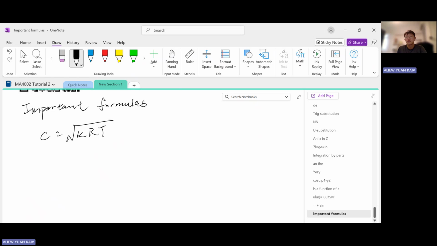Sound travels through any medium, whether it's solid, liquid, or gas, and it has a certain speed. It is derived theoretically to be c equals the square root of kRT. There's a whole derivation in the full lecture, but we will not go through that. What we are interested in is taking this result. So the speed of sound depends on the material property of air, the universal gas constant, which is a fixed number, and the temperature of the gas.